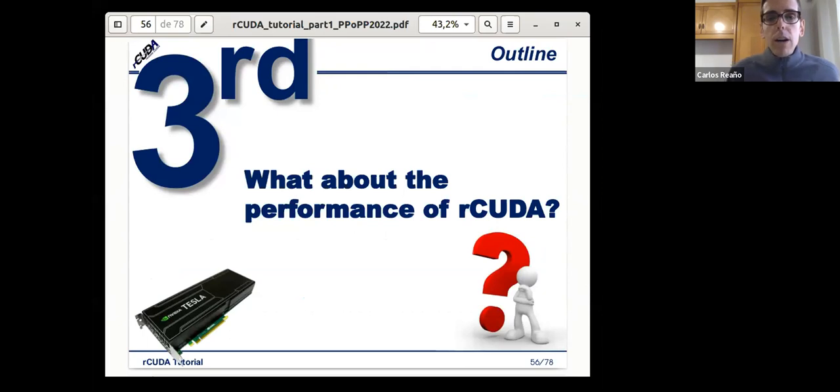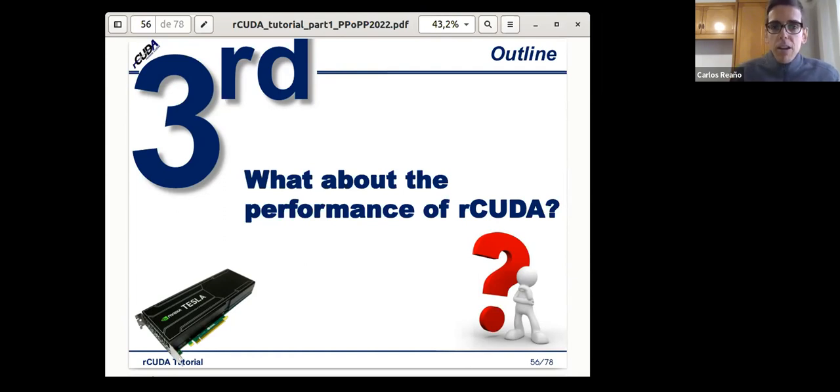Okay, so let's say that we have managed to address the previous concerns. Now we can use, from one single box, a lot of GPUs thanks to remote GPU virtualization, and we can also share those GPUs among different nodes in the cluster.